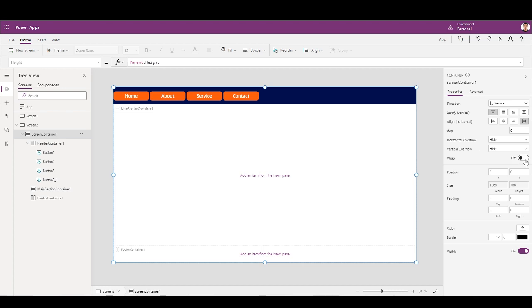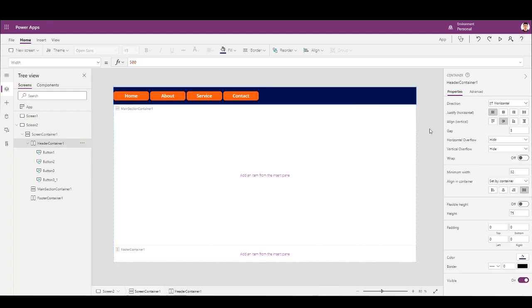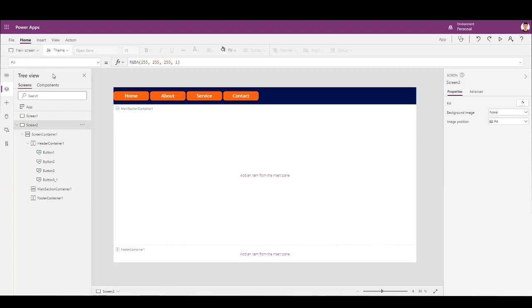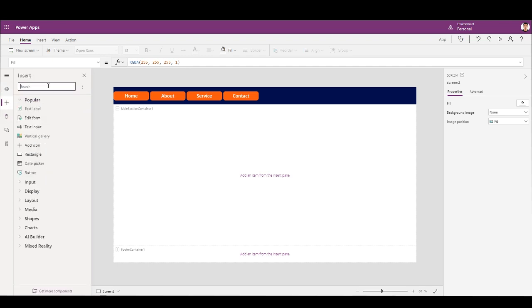Same with the vertical. And wrap is something where, let's add a new container just to show wrap.